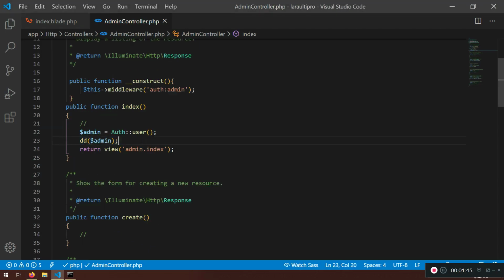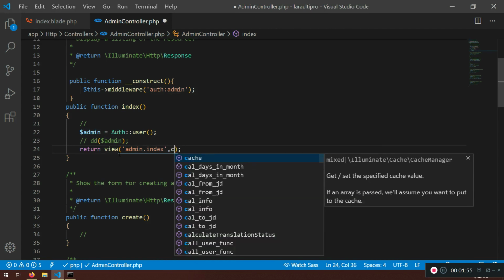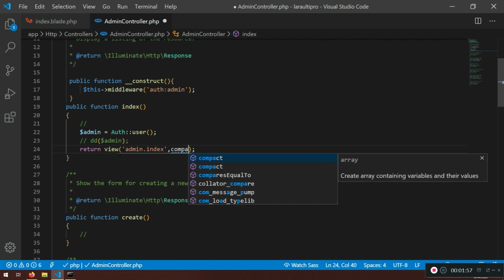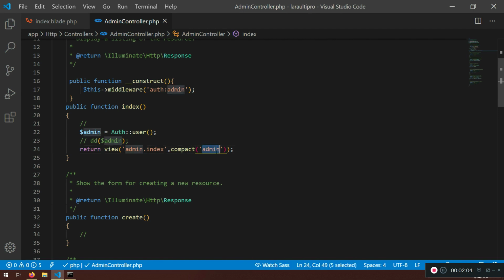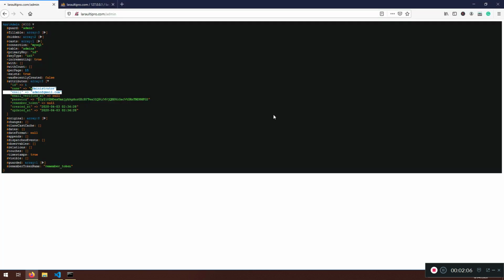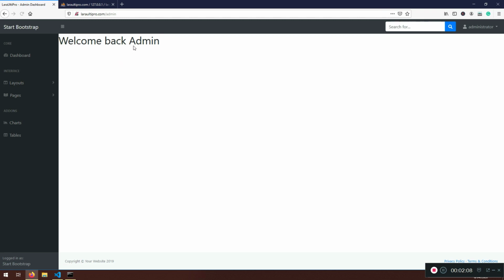Now I'm just gonna return this, so you can just comment this if you want for your own practice. And what we can do is compact, so there are two ways, right? Compact and with. But I just prefer to use this one. I don't know why. It's just easier for me. So I'm passing this admin here. Now if I refresh, nothing should change. So it says welcome back admin. But